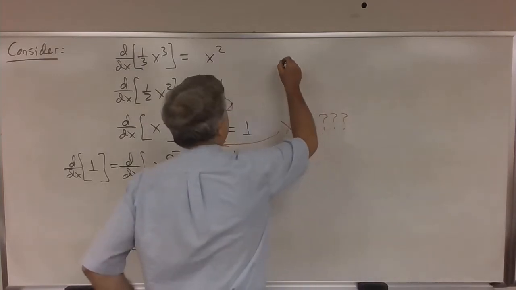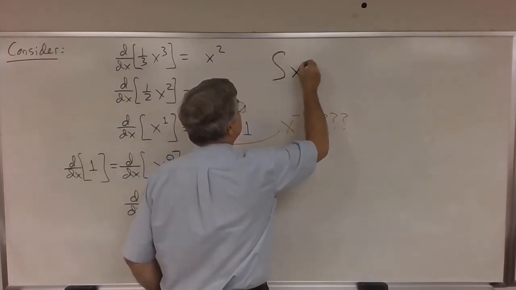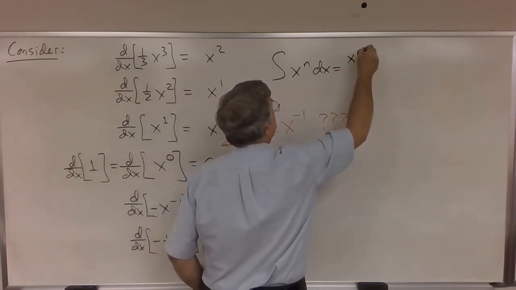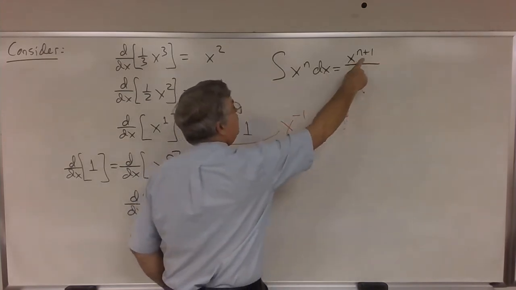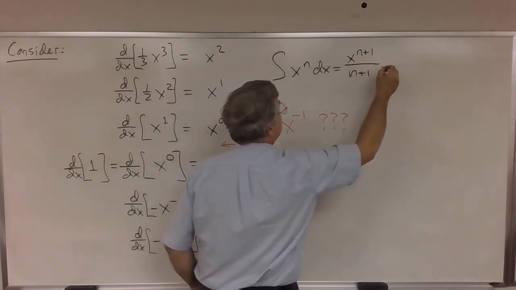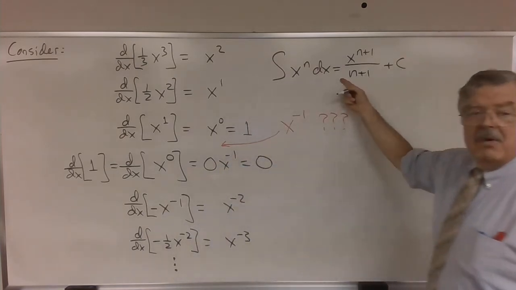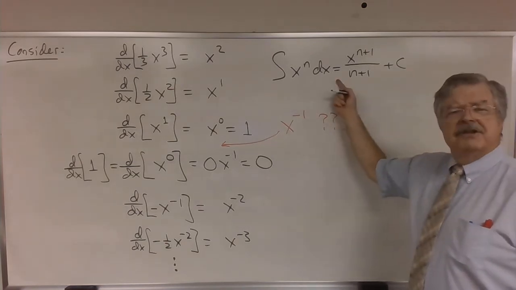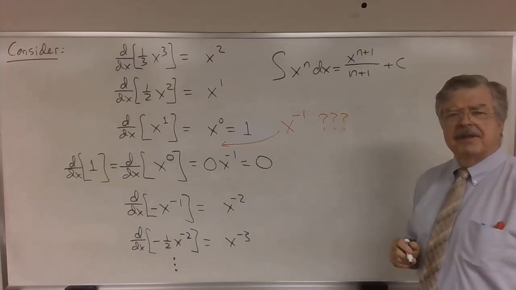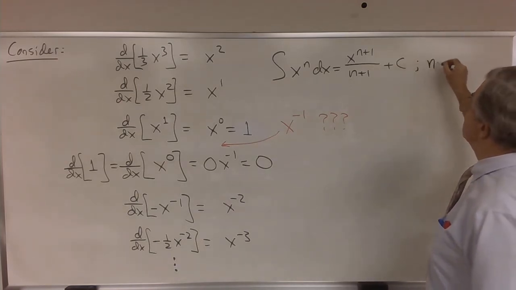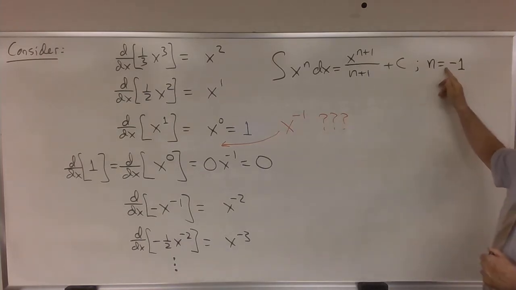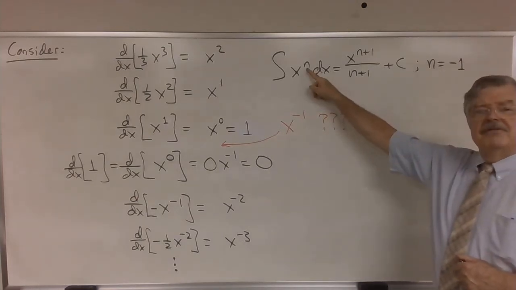Think about it. The power rule for integrals or antiderivatives: add 1 to the exponent, divide by the new exponent. This is the power rule for integrals or antiderivatives. But there's a disclaimer here, isn't there? Here's the disclaimer. And we have to add this disclaimer for obvious reasons. If the exponent is -1,